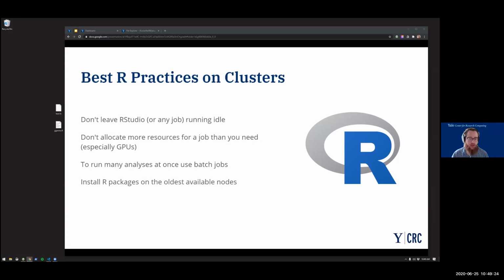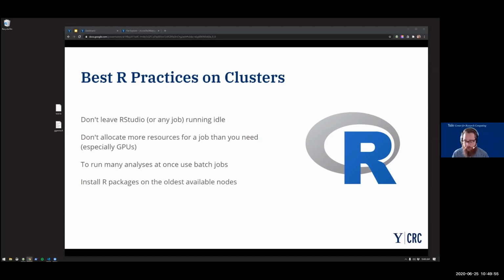And we have on the clusters set up a system that the scheduler calls fair share. So if your lab group is using a lot of resources, the next time you contend for cluster resources with a lab group that has been more efficient in their usage, they will actually get to launch their jobs before you. So we try and reward those who efficiently use the resources that they have available to them.